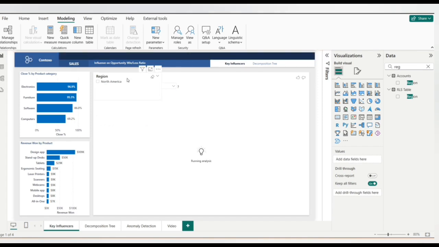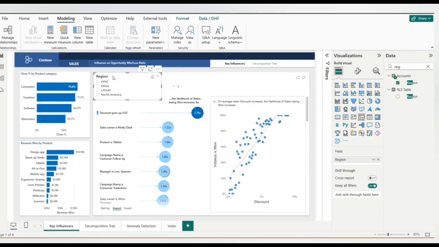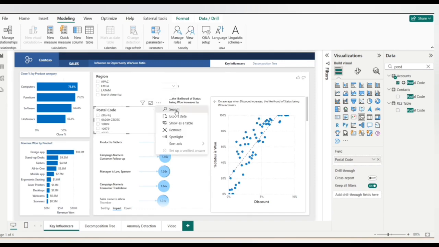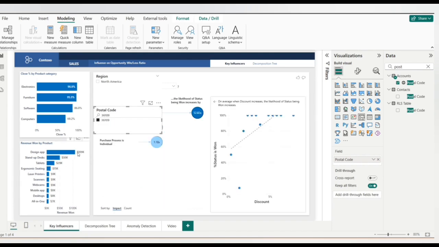Now in the same way that we did here with the slicer, we will check in Power BI Desktop also, a re-verification, which is known as unit testing. It is the work of a Power BI developer. Now let's go to this postal code. Let's remove this region and add this. Let's use the search functionality because there are many codes now. 36109, see, it is showing $109K only. So now let's again